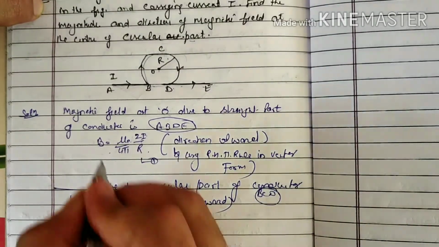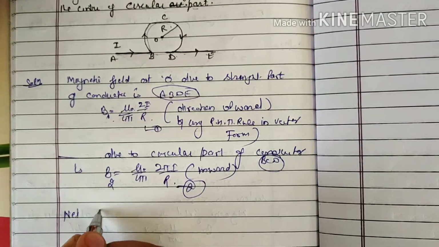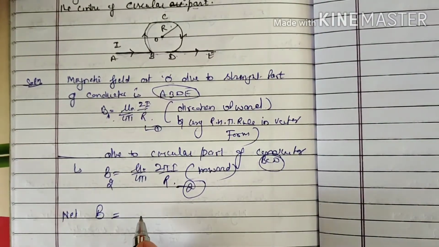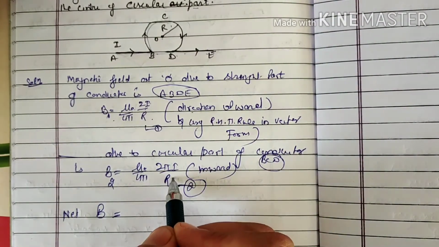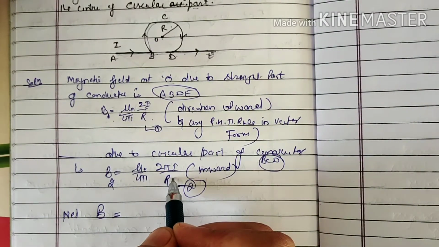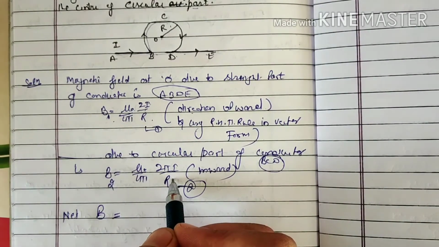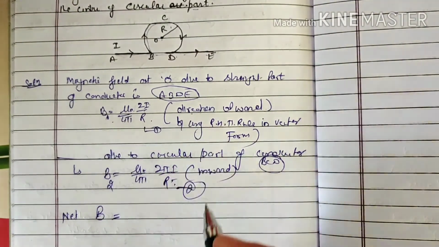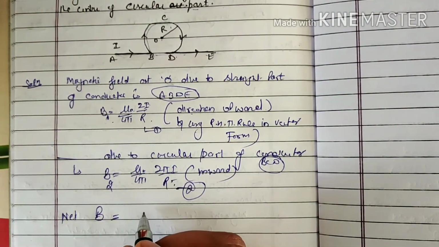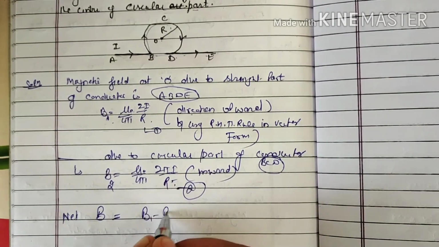This is B1 and this is B2. So for the net magnetic field, this is an outward magnetic field and this is an inward magnetic field. If we take inward magnetic field with negative sign and outward magnetic field with positive sign, then B1 minus B2,